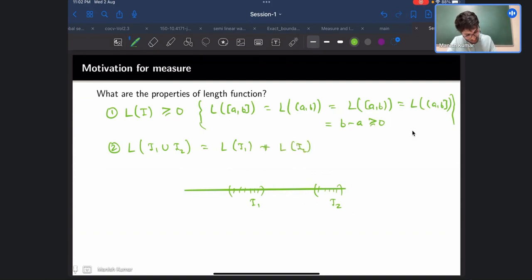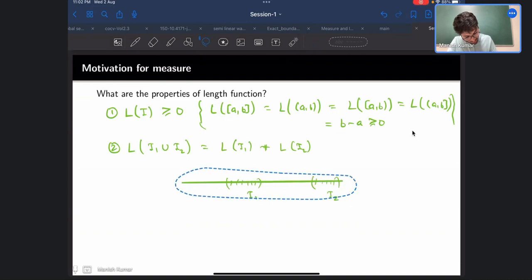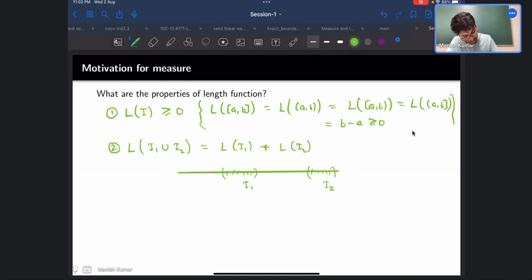Right? This holds when they are disjoint, so if I1 intersection I2 is phi. But when these are not disjoint, suppose we have this I3, in that case